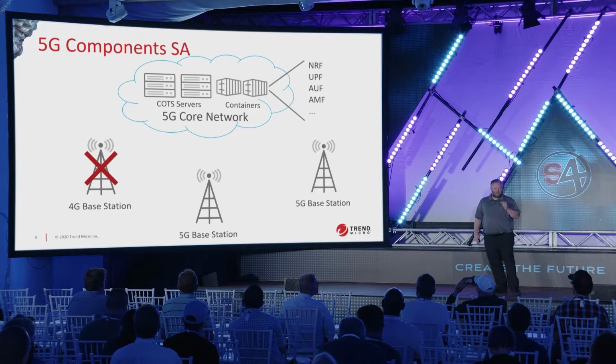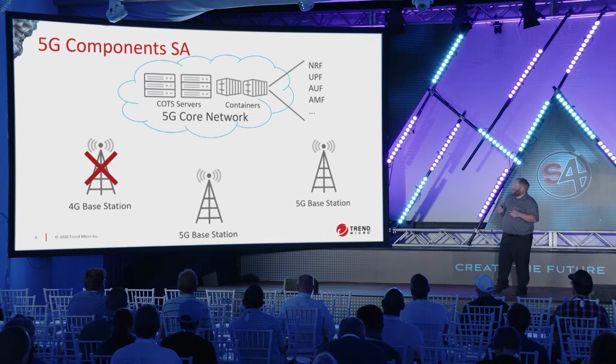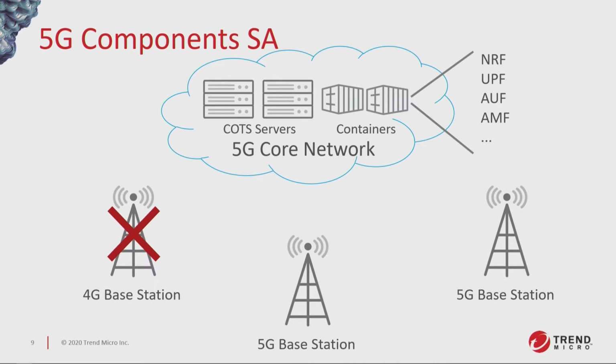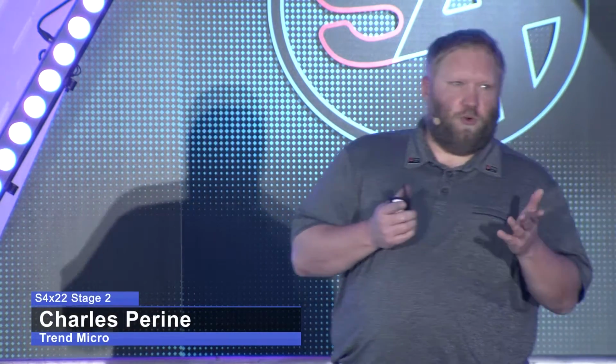Now what happens next is they have the standalone 5G, and that is a completely different set of servers. So you're actually using commercial off-the-shelf servers instead of servers with very specialized hardware, which you had in 4G and 3G. And then you're also using containers. So pretty much every one of those servers that you had before is now containerized and running on those commercial off-the-shelf servers. And then you don't have any 4G base stations. It can only handle 5G at this point. There is no backwards compatibility with the 5G standalone components.